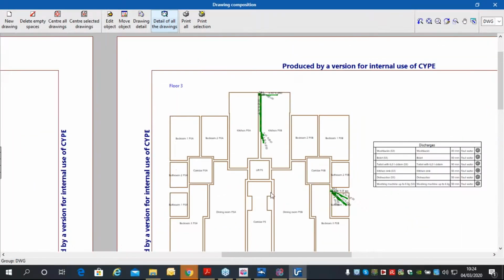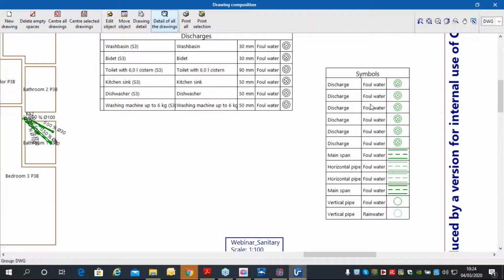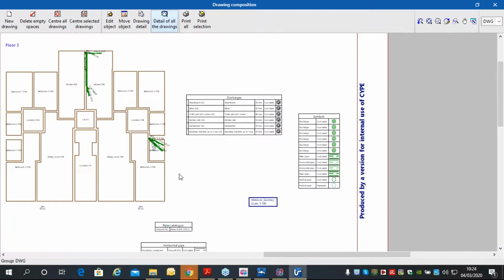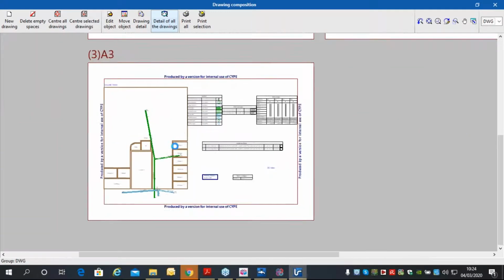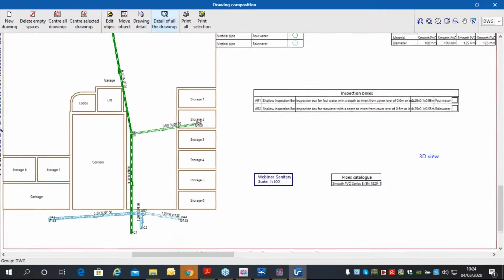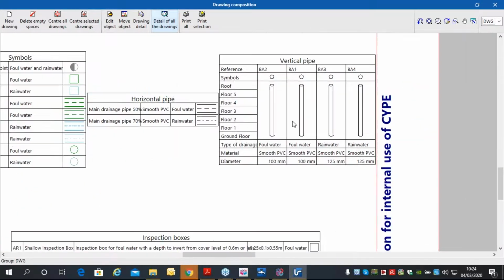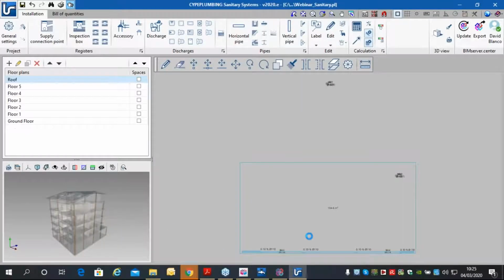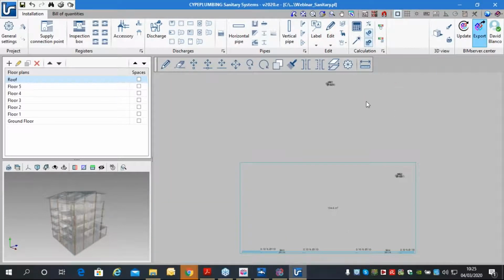The floor 3 of our dwelling, we have designed as an example with the legend of the symbols and the discharges with the different diameters, and the network to which each element belongs, and the ground floor with the different inspection boxes and the symbols and the legends. Here we could print and generate the files locally if we want. So if we export the results, finally, in order to close the loop,